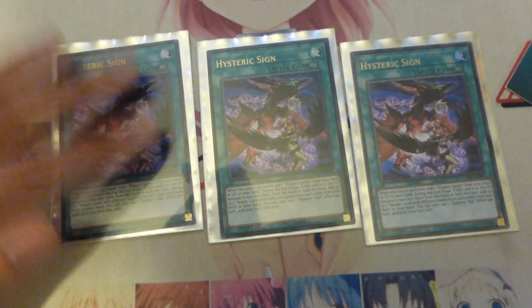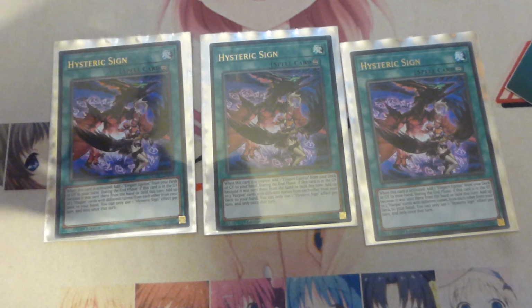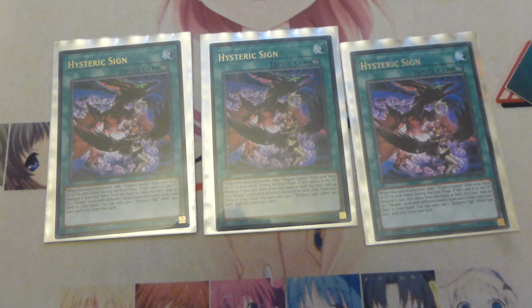And also to complement those 3 Elegant Egotists, we are playing the triple Hysteric Sign. The reason I'm going with 3 Hysteric Sign is obviously not only to search Elegant Egotist, but there's also the chance that if you do draw it, it means you don't necessarily have to open it, depending on your plays. You can just set it to then get it popped